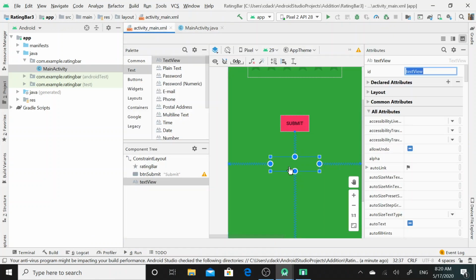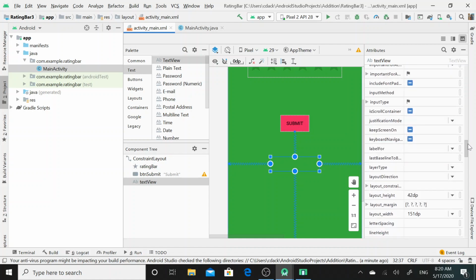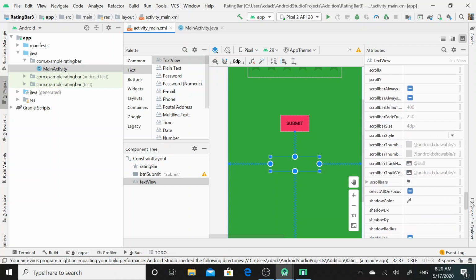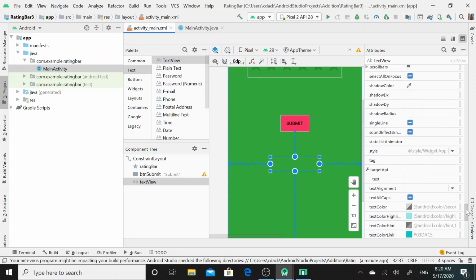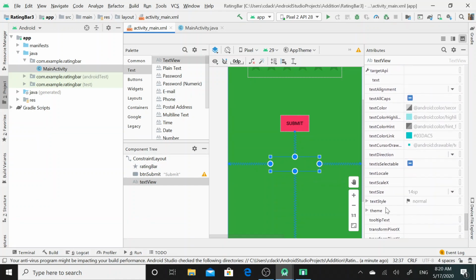For a better view, I will click on the TextView. I will select the textSize property and increase the text size from 14 sp to 30 sp.